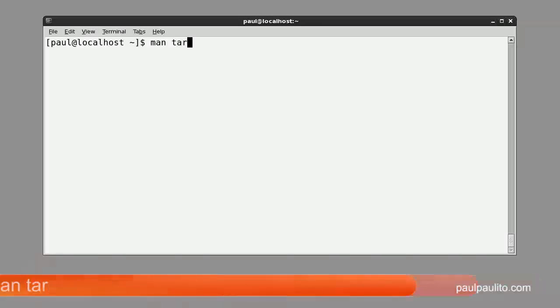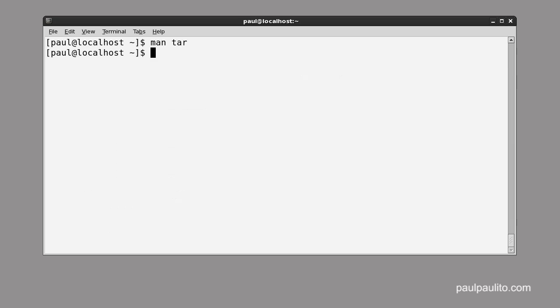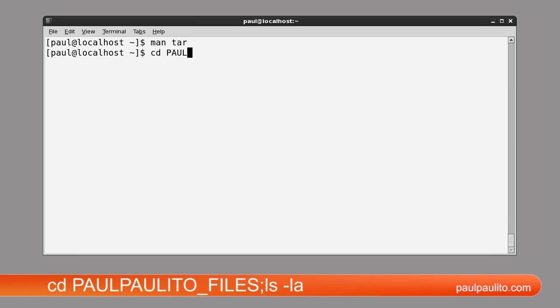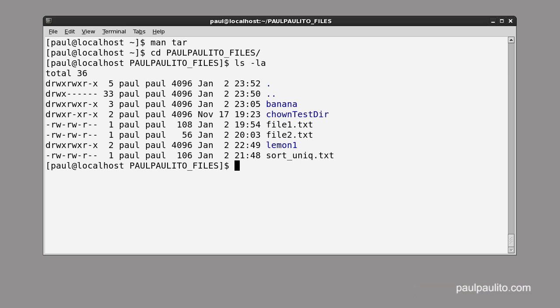The tar syntax is as follows: tar, operation, option. Okay, so here's an example. In my Paul Polito files directory, I have some files which I want to group into a tar archive. At the same time, I want to compress the archive with gzip. To do this, I have to enter the following command: